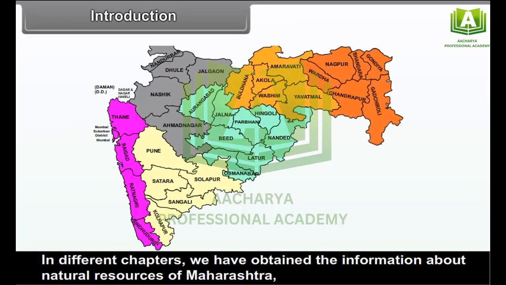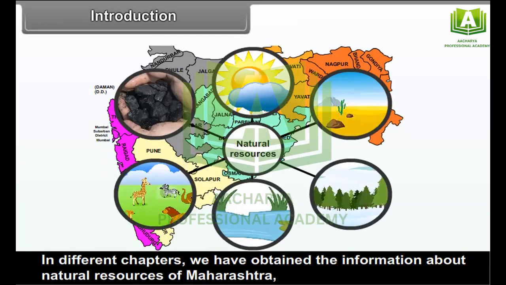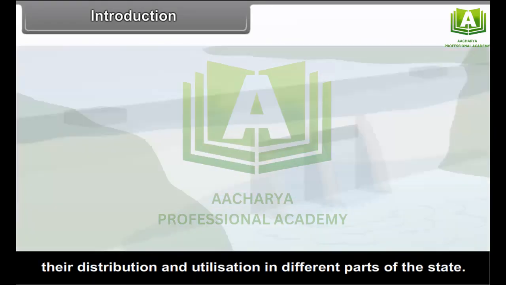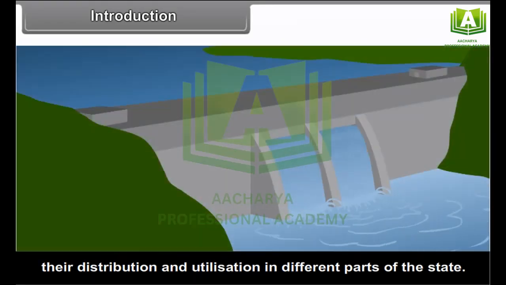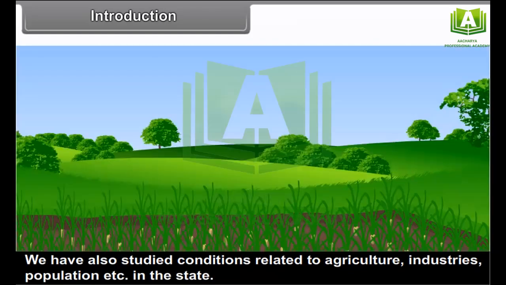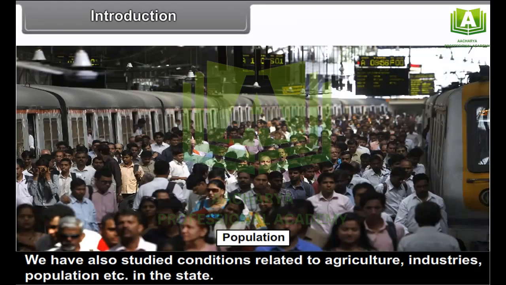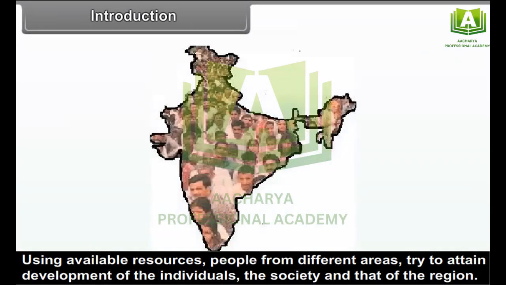In different chapters, we have obtained the information about natural resources of Maharashtra, their distribution and utilization in different parts of the state. We have also studied conditions related to agriculture, industries, population, etc. in the state. Using available resources, people from different areas try to attain development of the individuals, the society, and